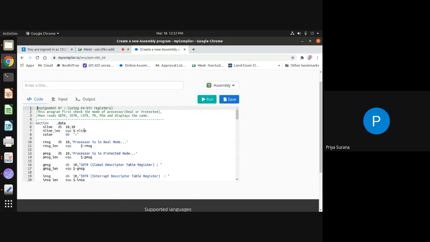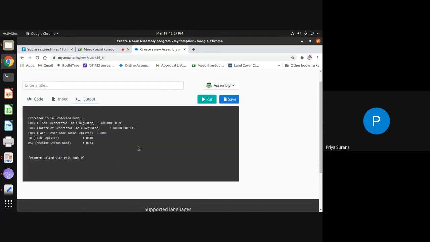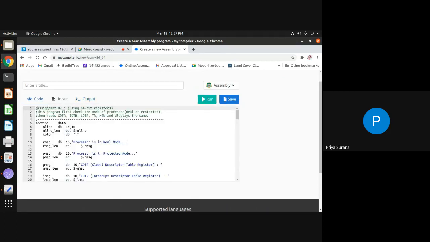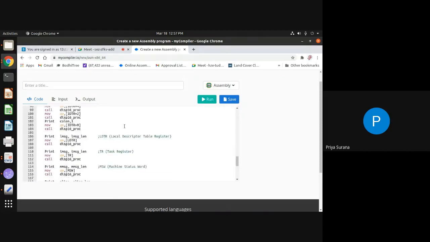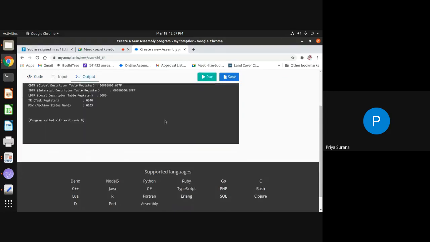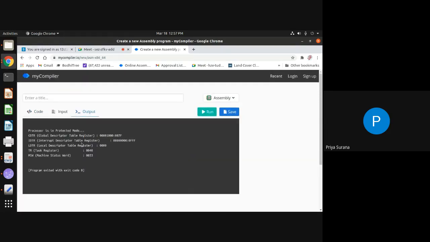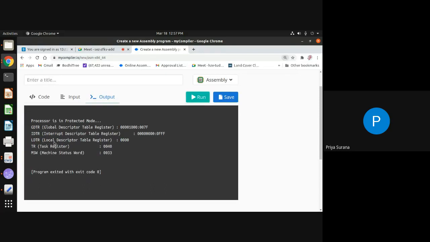A comment is missing, so it is giving an error. You are supposed to comment at the start. Whatever messages are given, those are comments. Now the next part is nothing but the program, so you can execute this program. If you check the output, it is giving output properly.